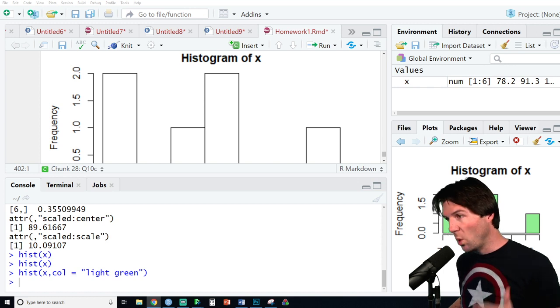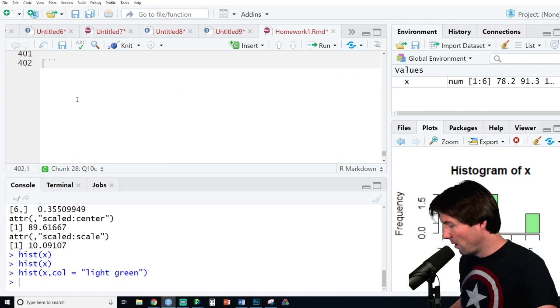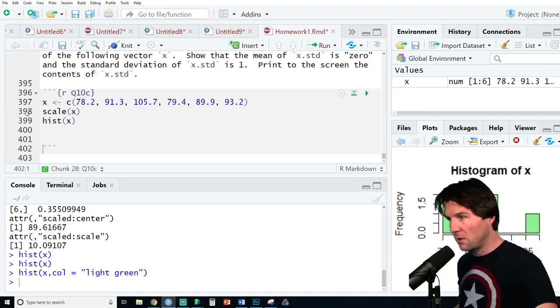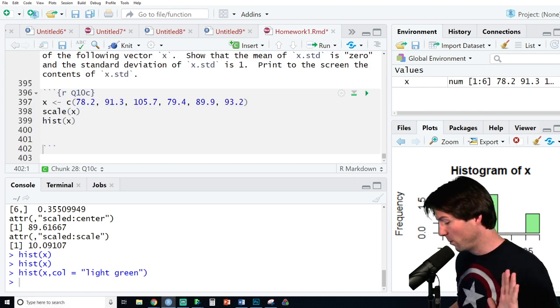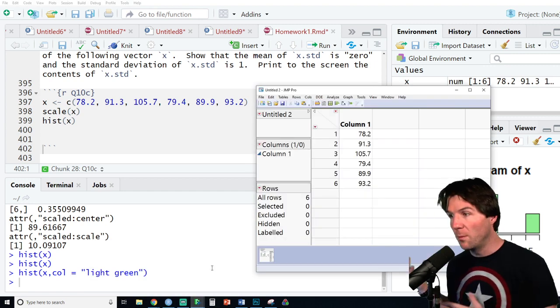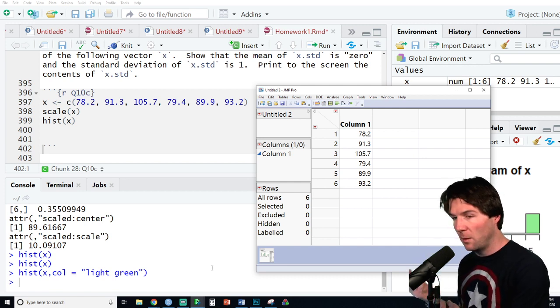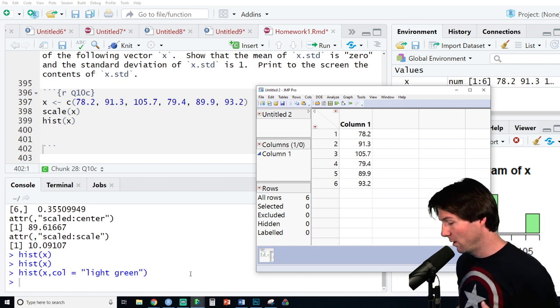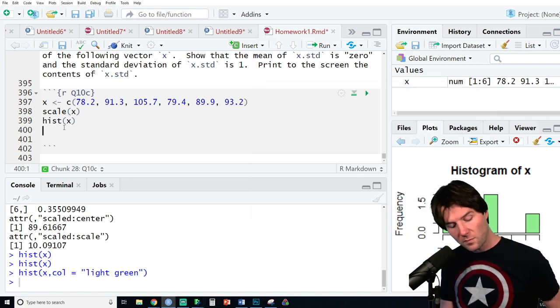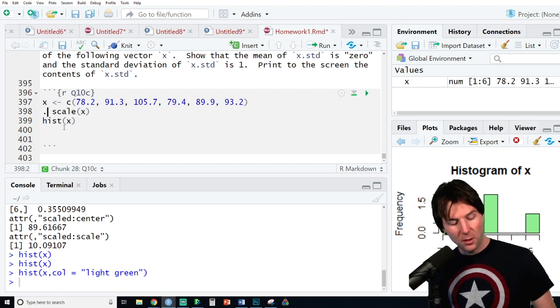And now we're getting to the bulk of this question with 10C. We've kind of experienced what this question has to offer, and we know what the data is. It's just numbers. Always think about what you are dealing with. You're just dealing with numbers, and we're just turning it into a mean and a standard deviation. So what can we do? If we wanted to look at this and store the scaling of x, we can go here to